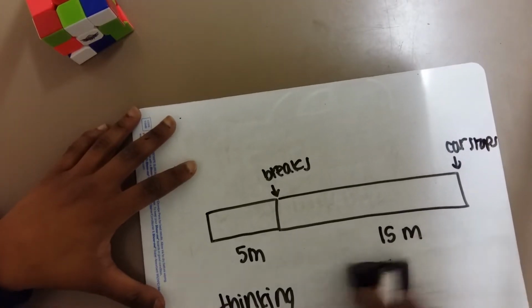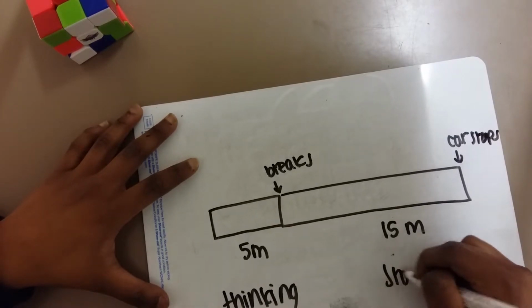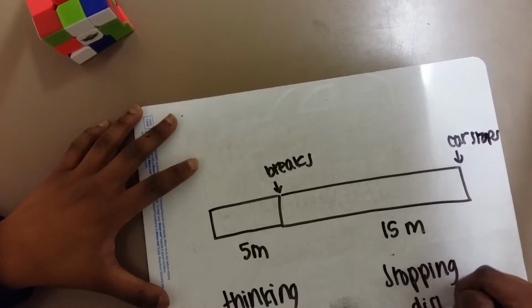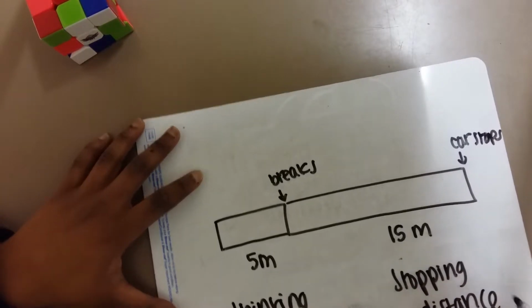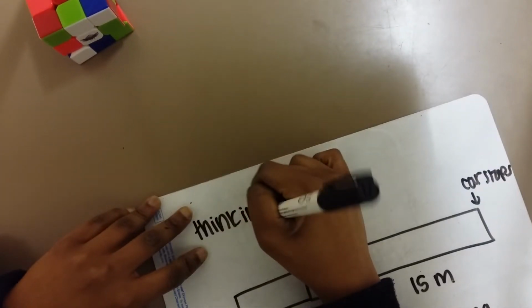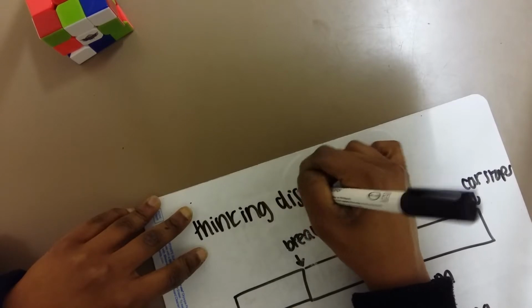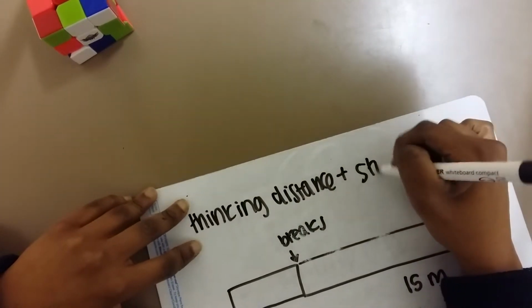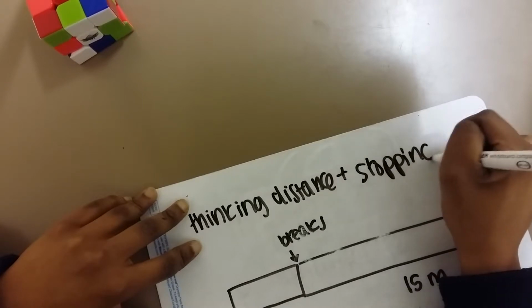Or we can say stopping distance. When you add the thinking distance plus stopping distance,